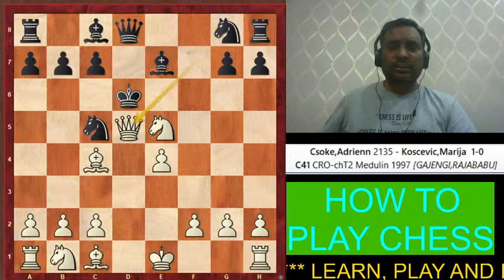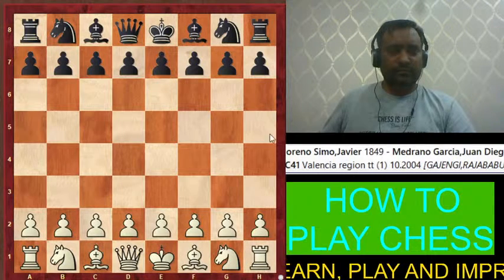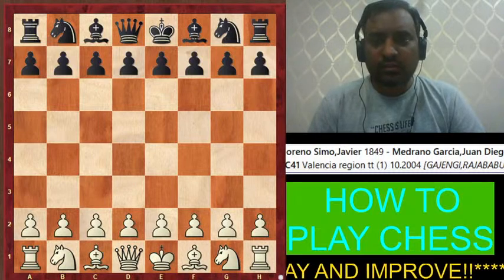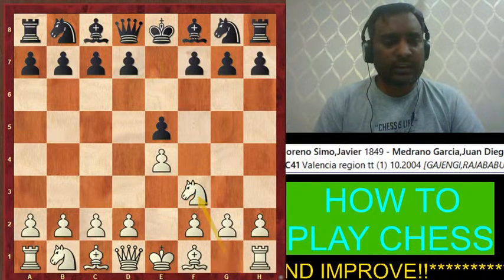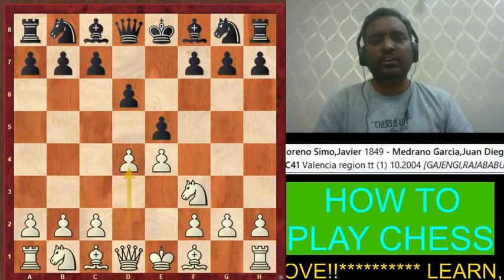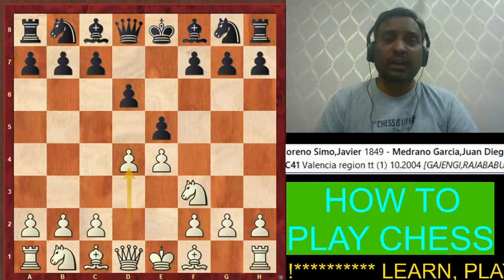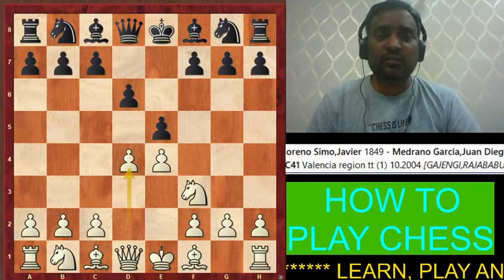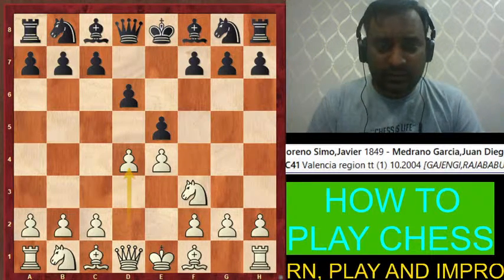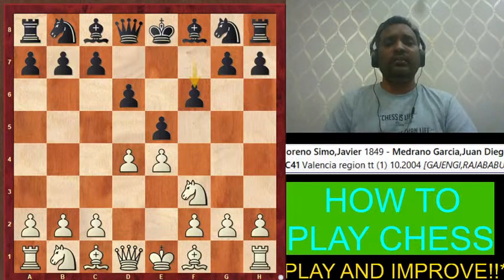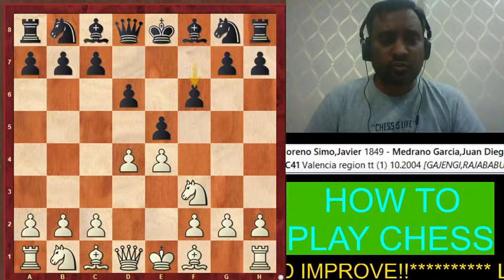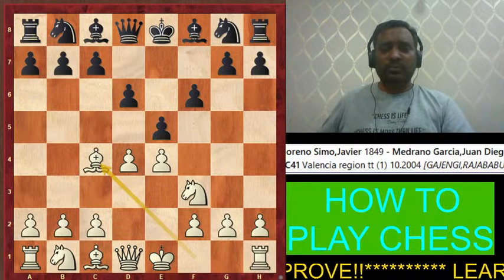Now let's go to the next position. In this position: e4, e5, knight f3, d6, d4. Till now you all know that we have to continue like this. Now black thought of over defending, by playing pawn to f6. That is what he wanted to do. So here white played bishop to c4.